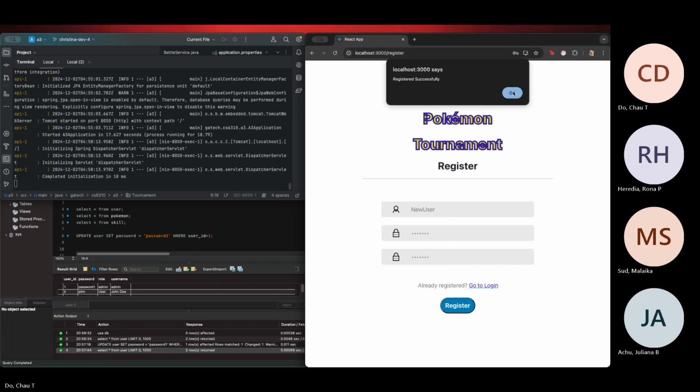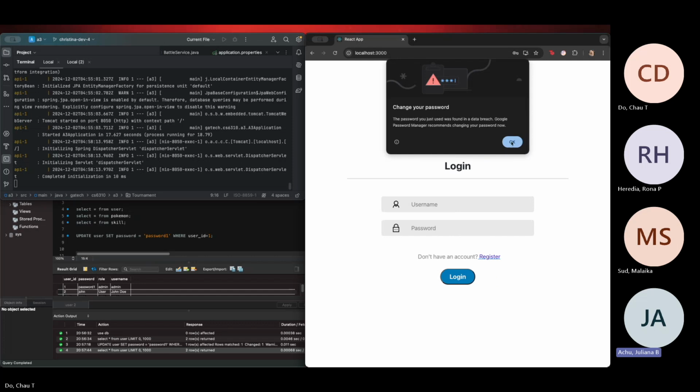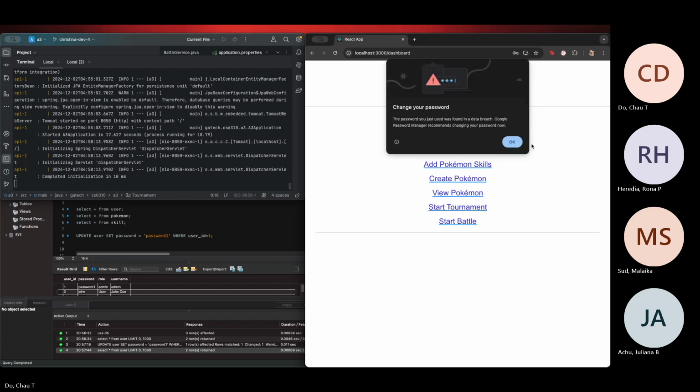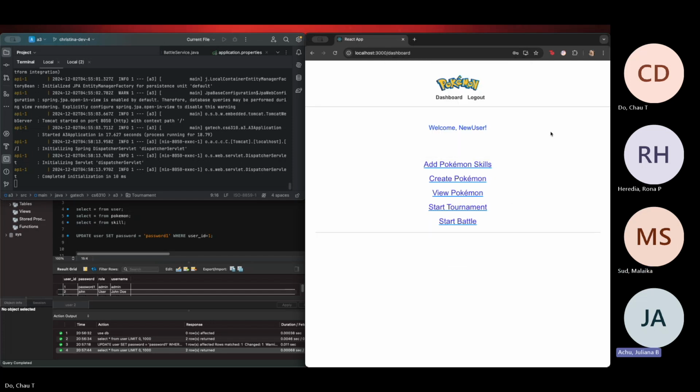All right, and then register and see that that was done. Now that we have a user, we can navigate to the login page where we can log in for the user that was created. All right, upon successful login, we'll be able to see the dashboard view where we'll have different options to go